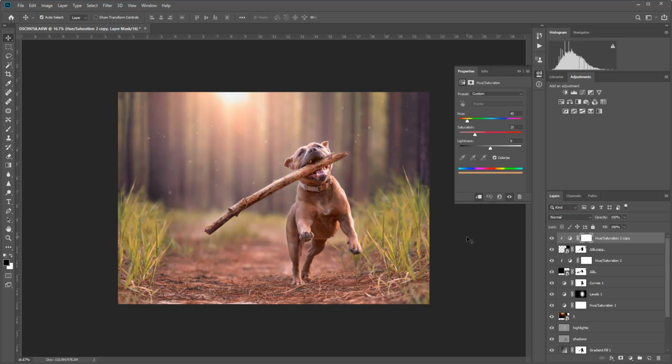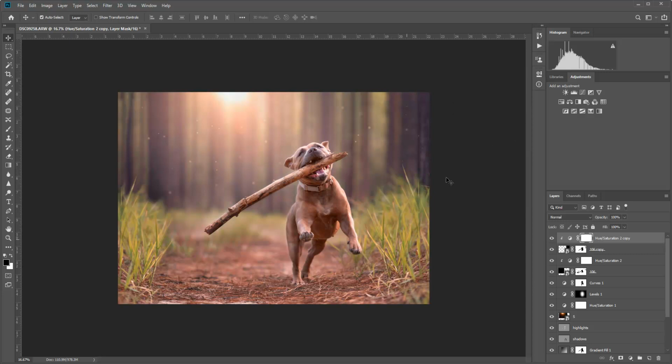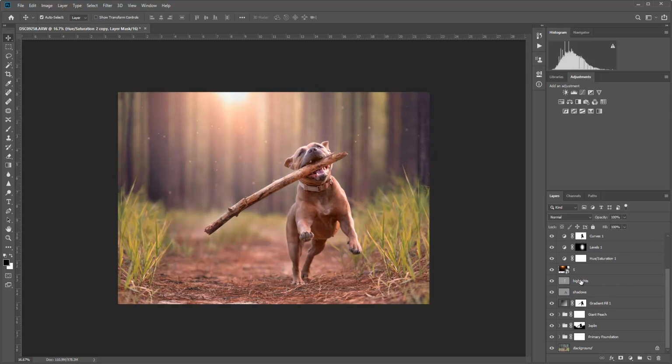And essentially I'm pretty much happy with this. I think this is cute. I wouldn't go any further. And what you could do now, if you've got a whole series of images that are like this, is open up your next image, and remembering all of these different actions that you've taken,